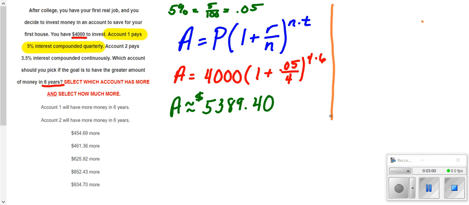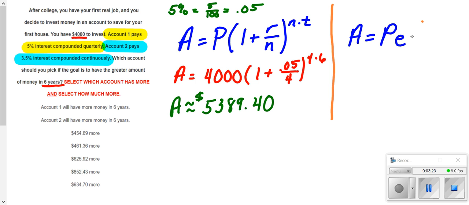Okay, the next scenario was the other account, number 2. Still going to be $4,000, still going to be 6 years, but it says here that account 2 has a different interest rate of 3.5%, and it mentions continuously compounding. Well, for continuous compounding, you use the amount equals principal times e to the rate times time, or the PERT formula. And as I mentioned, it's still the same principle. e is a number, just like in the previous formula, 1 was a number. That doesn't change in any case, right? It's part of the formula. And then 3.5%